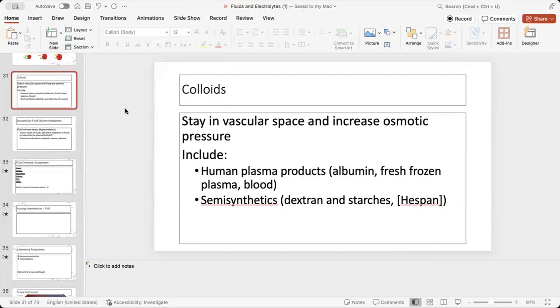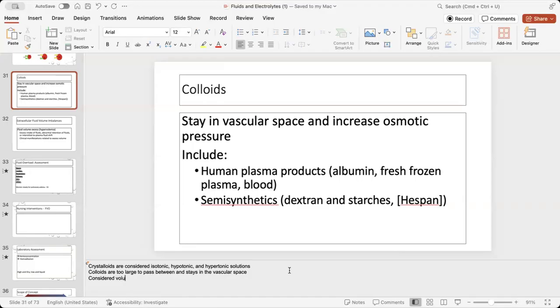Colloids, right? So we talked about crystalloids. Crystalloids are considered your IV fluids that we just talked about. Crystalloids meaning that they are semi-permeable membranes and fluid can shift in and out of those cells. Okay. A colloid then, these contain molecules that are too large to pass in and out of the membrane, okay? So these colloids are gonna stay in the vascular space, in the intravascular compartment. Okay? These are considered volume expanders, plasma expanders.